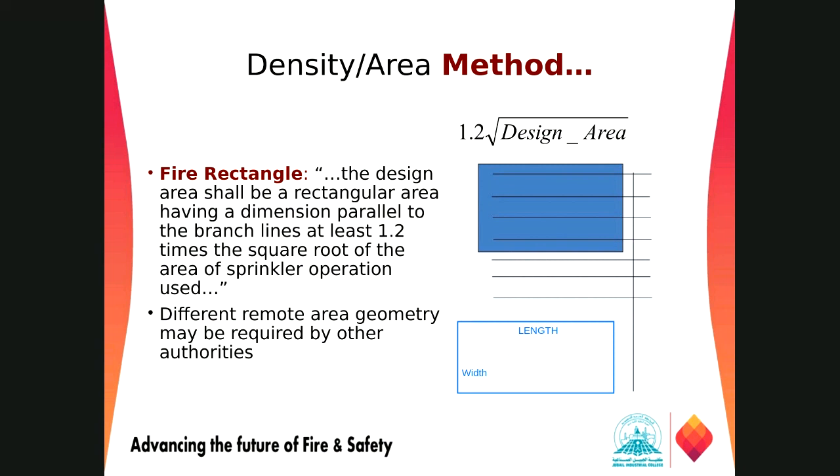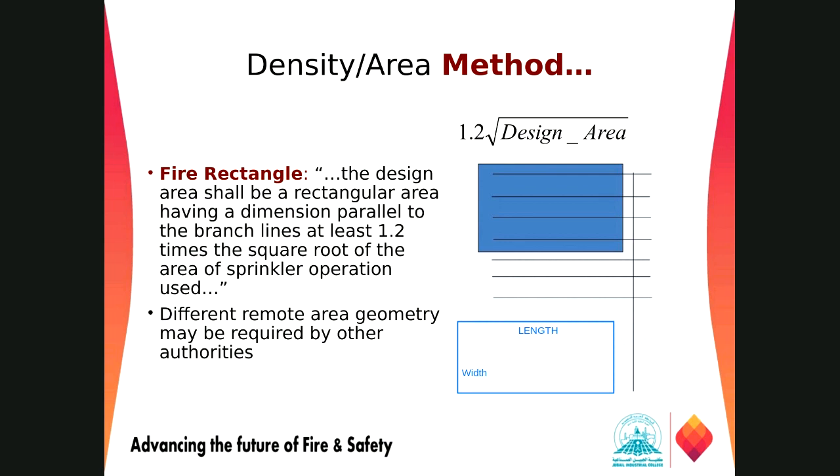This 40 meter is what each sprinkler could cover in a rectangular shape. I will go with that one. I just want to use 1500, the square root of 1500 square feet, which is for the light hazard, which is 38 meters multiplied by 1.2 times. So if it is for the light hazard occupancies, the length should be 1.2 times the design area. So I calculated that one.